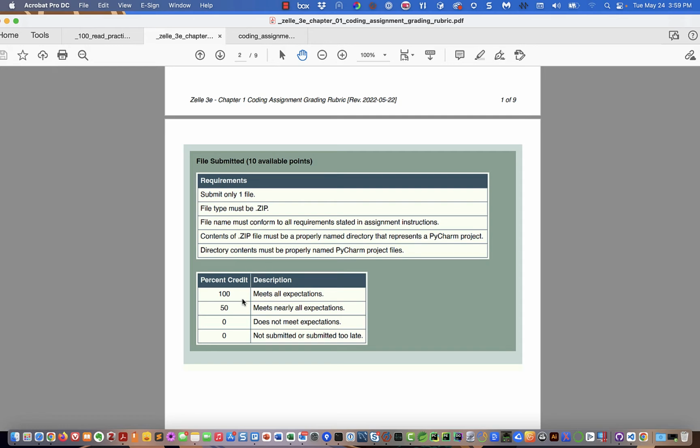So if you meet all the expectations, if you meet all the requirements, you'll get 100% of 10 points. That's 10 points. If you nearly meet it, typically if you miss one of these, we'll give you 50%. If you miss 2 or more, we'll give you 0. Okay, so that's the